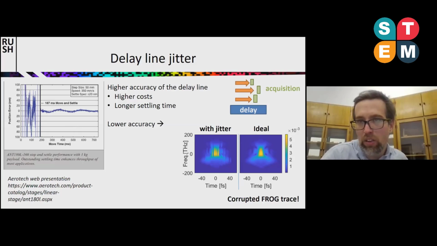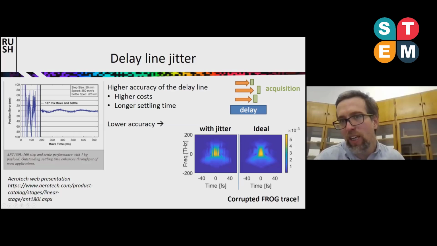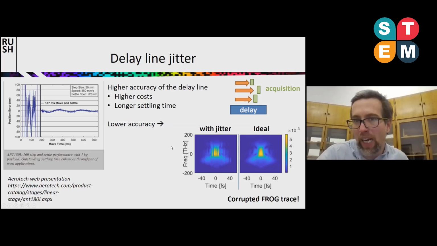So instead, we were thinking, okay, what is the lowest accuracy that we can use? Meaning that we set the delay line to a certain position, but it might end up at a slightly different point. Maybe we will care, maybe we will not care. That's the question. But if we relax this accuracy, we see that instead of getting a nice FROG trace like here, we get a corrupted trace, which you can see here.